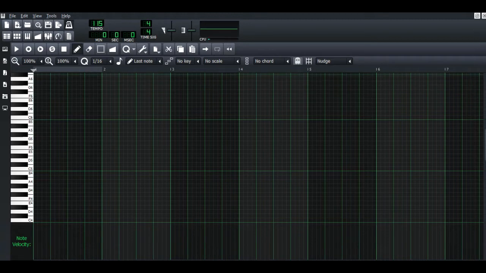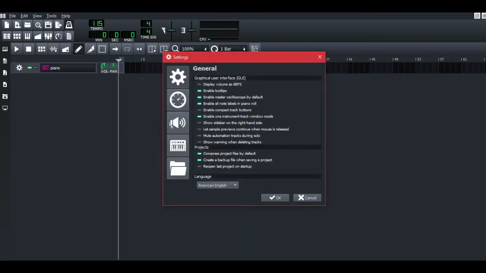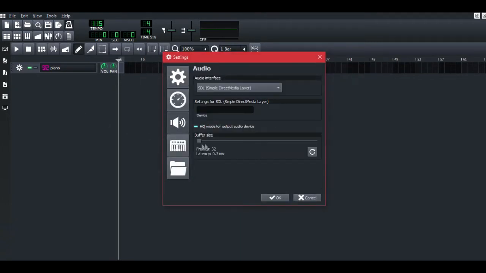Yeah, I don't have a delay here, but in case you do have a delay, you can click Edit, then Settings, then look for this loudspeaker icon, and check that your buffer size is at the minimum, right? If it is at the maximum, you're going to have less CPU usage, and this is actually pretty good when you have lots of plugins and effects and VSTs. So sometimes I will leave the buffer size at